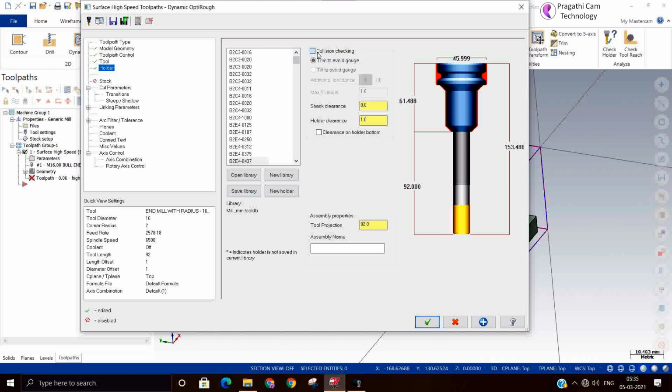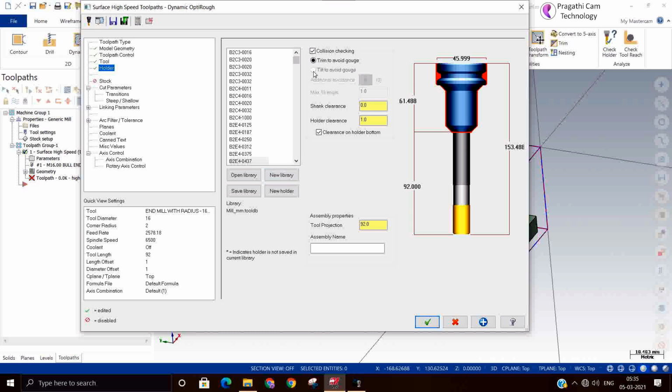How much stock you want to keep on the shank and holder you can give. If you want to consider the holder bottom also, that also should not touch your workpiece model. Tilt will not come here because it is 3 axis.